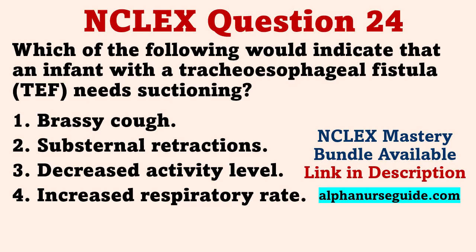The correct answer is 2, with a TEF. Overflow of secretions into the larynx leads to laryngospasm. This obstruction to inspiration stimulates the strong contraction of accessory muscles of the thorax to assist the diaphragm in breathing. This produces substernal retractions. The laryngospasm that occurs with a TEF resolves quickly when secretions are removed from the oropharynx